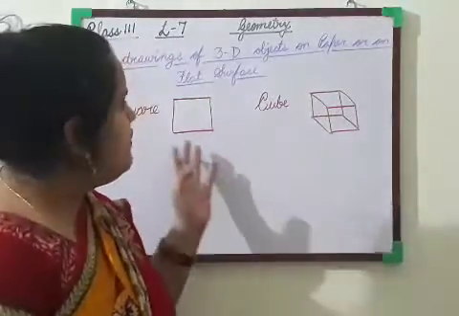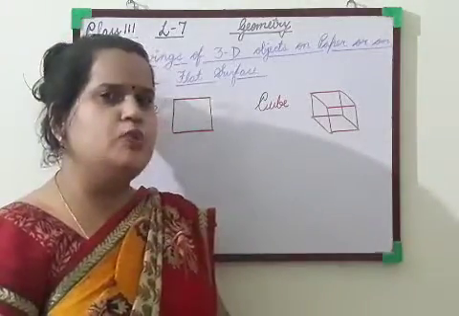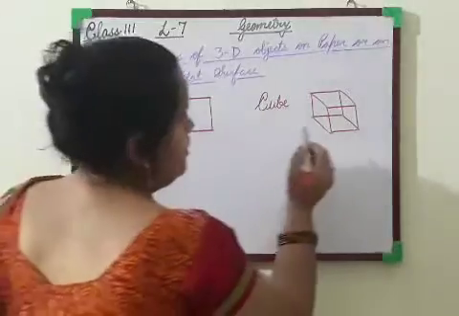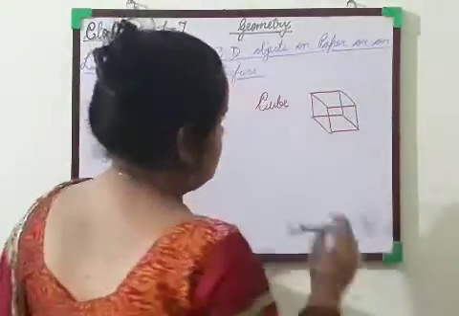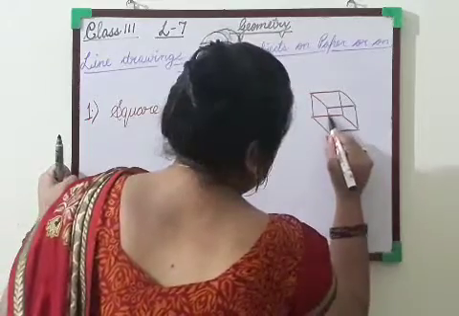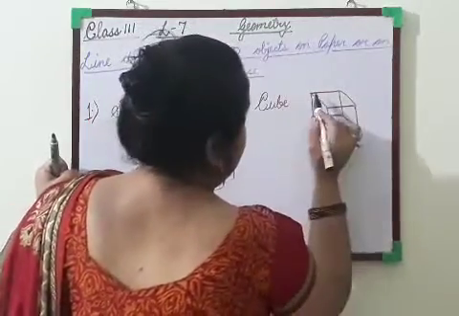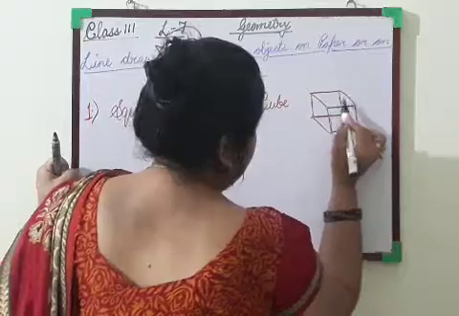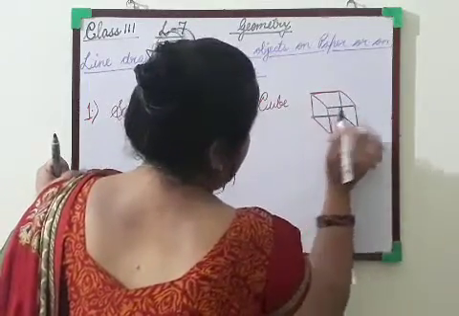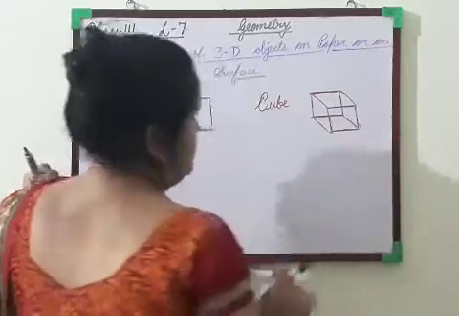Now, from whichever part you will see the cube, you will find that it is a shape. It is a square shape. Suppose we are seeing this one. Which we are seeing? This we are seeing. See this one. This is also the square. Then the back one. It is also a square. Then this one. This is also a square. This one. This is also a square.